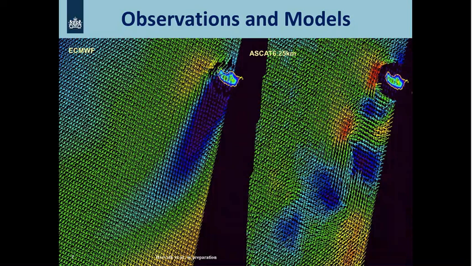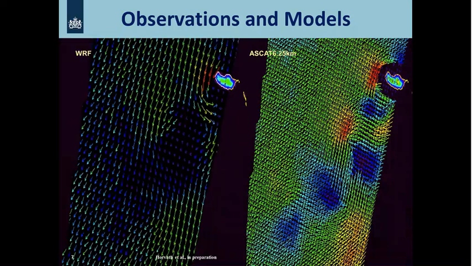You can also look at the high-resolution model. In this case it was done by Horvath et al. and run with the WRF model at high resolution, so now only every so many vectors are plotted here. You now see that the acceleration next to the island is more comparable to ASCAT, but you see that in fact the vortices behind the island are totally different. You see actually some westerly flow south of the island, where the scatterometer says that the flow is actually easterly and weak. So now you see the high-resolution model is indeed adding variability, but it's not adding the features in the right place at the right time.